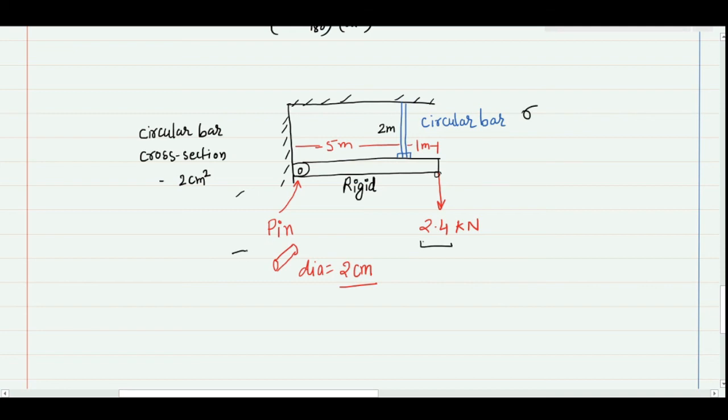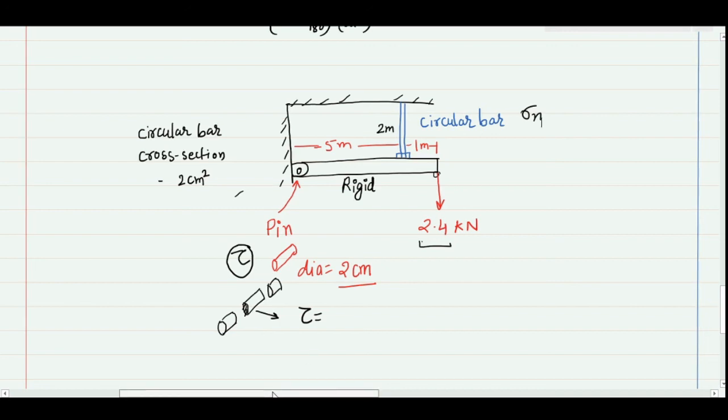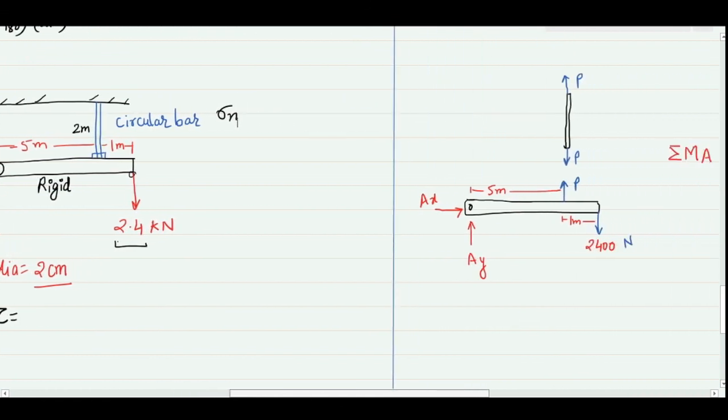Here the stress in the pin will be shear stress. How can we visualize that it will be shear stress? The pin is going to break into three pieces, and if I look at the direction of the loading and the resisting area, both are parallel to each other. That means the nature of stress in the pin will be shear stress. However, the force acting in the circular bar is axial force, so the nature of stress in the circular bar will be normal stress. First, make the free body diagram of this system so that you will be able to find the forces at different locations.